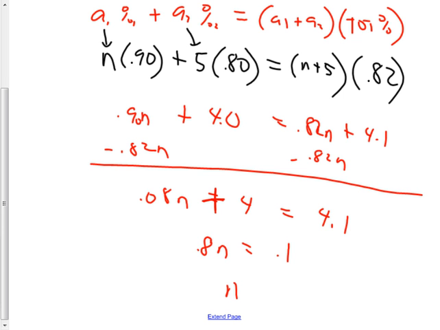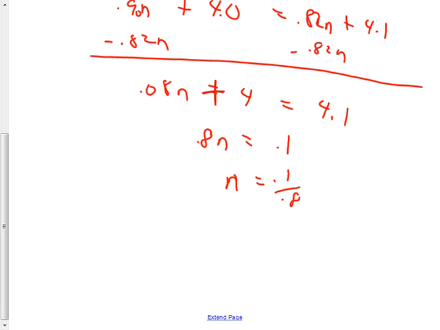So final answer, did you get 0.1 over 0.8? Is it 0.08? You're right, I dropped the 0 right there. Being careful is just what we're talking about. It's so hard to not make those little dumb mistakes. Okay, so 0.1 divided by 0.08, I have no idea what that is. 5/4? Seriously? It could be. Can anybody verify that? Oh, good. So if it's 5/4, then that's another way to say 1 1/4,